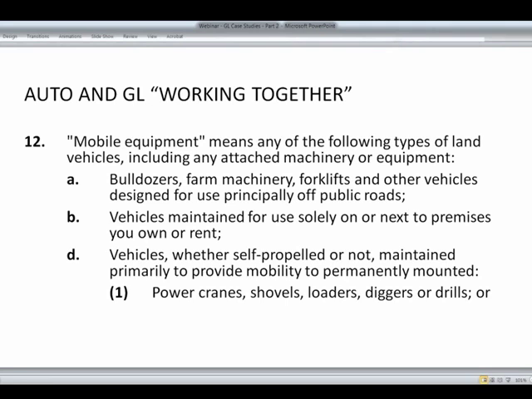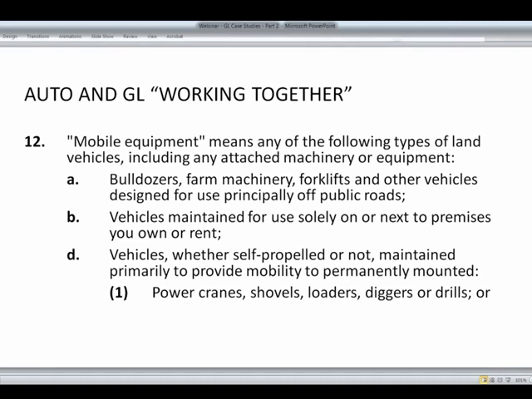So looking at these definitions, the four areas that I find that might have exposure for insureds, three of them are if they have a mixed operation. They are farming, harvesting, working in agriculture, and have both tractor trailers and equipment that provide services to the farm or harvesting and other entities. What we point out here is a tractor trailer is clearly your auto, but that farm machinery also might be considered auto, not mobile equipment, if it has to be licensed for the road. Same thing with heavy haulers with power cranes and drilling operations with drill rigs.